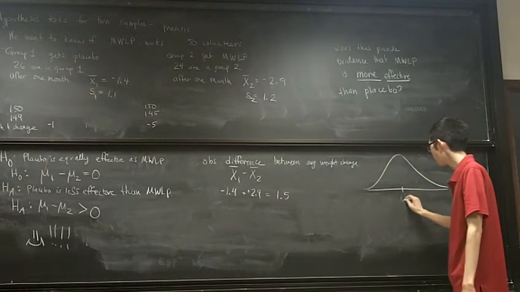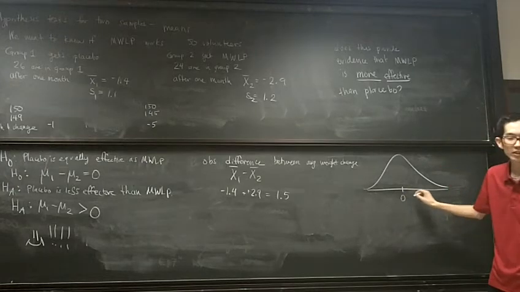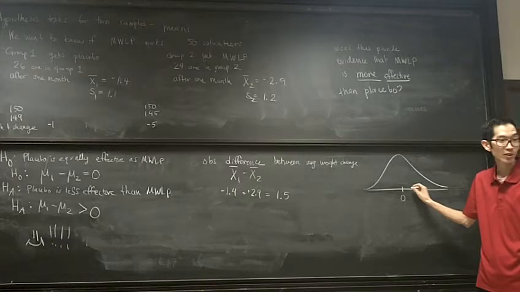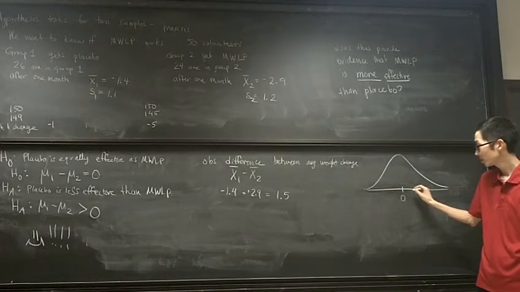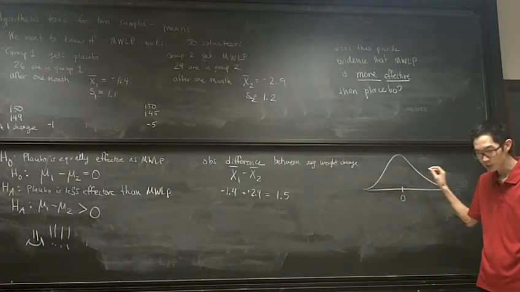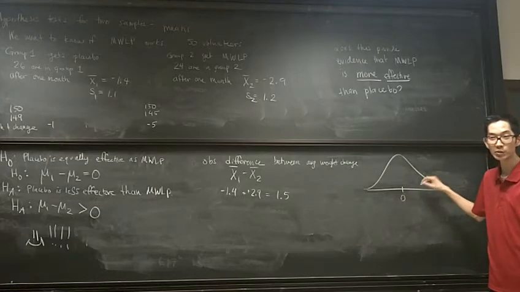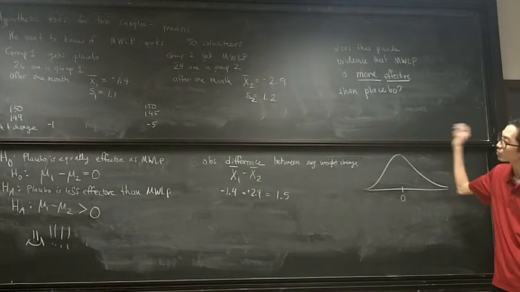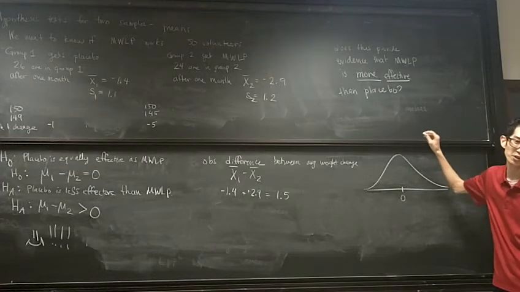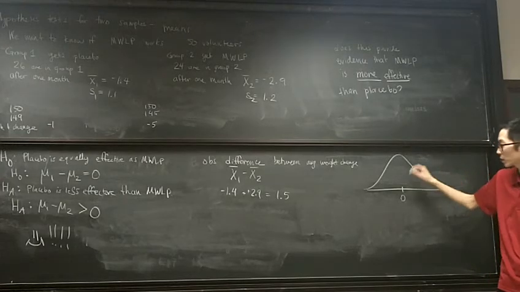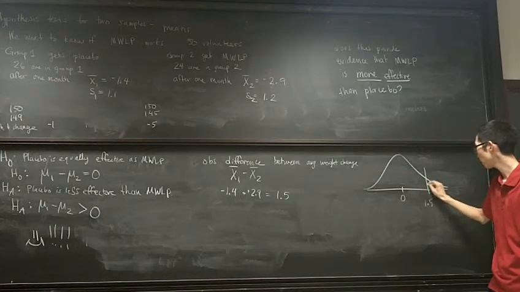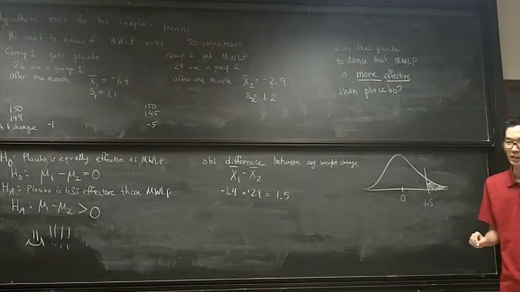If the null hypothesis were true, we would expect the difference between weight changes to be 0. Okay, if they were equally effective, if placebo users lost 1.4 pounds, we would expect the miracle weight loss pill users to also lose 1.4 pounds. We expect that difference to be 0. What we saw is a difference of 1.5 pounds, and we want to know what's the probability of ending up